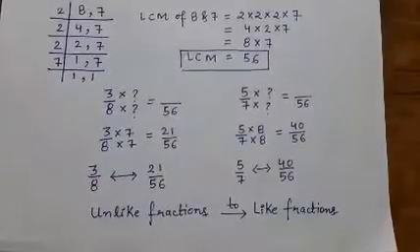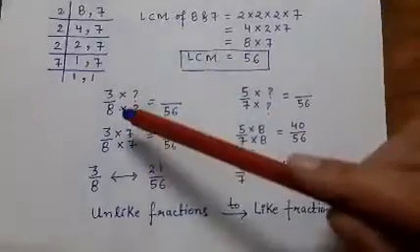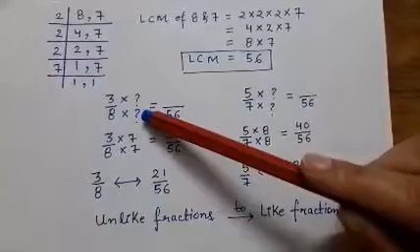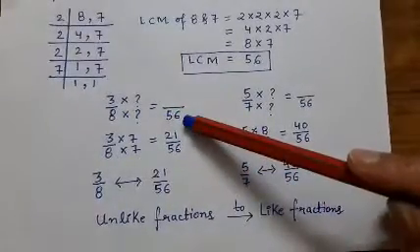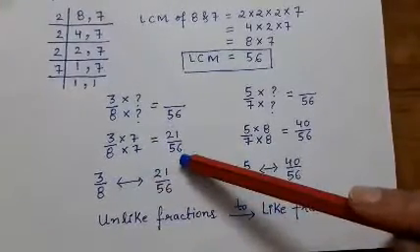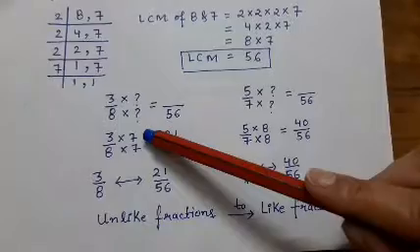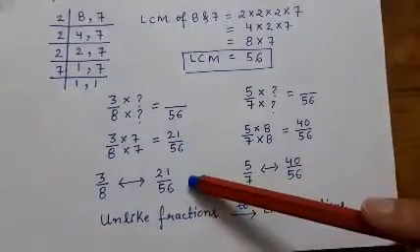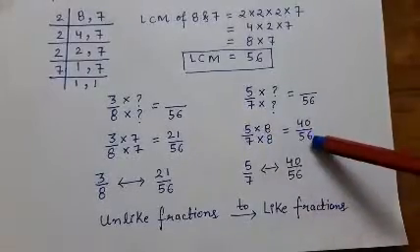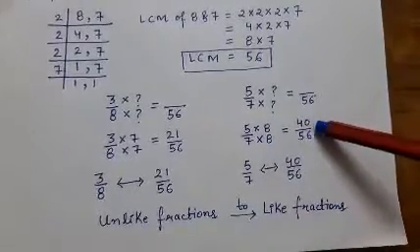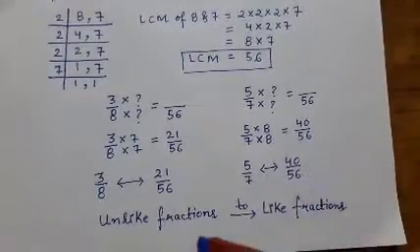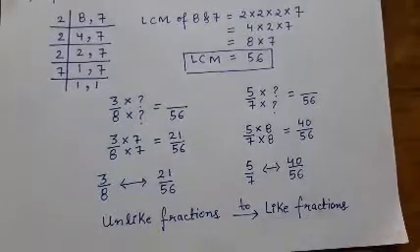Now once you get the LCM as 56, we will take the two fractions separately, like 3 by 8 and 5 by 7. Now what should be multiplied with the denominator 8 so that we can get 56? So hence we can see that multiplying 8 with 7 gives us the denominator as 56. Now the same number has to be multiplied in the numerator. So the final answer is 21 by 56. Here 7 was multiplied with 8 and we got 56, and the numerator as 40. So the final answer is 40 by 56. So this method has to be used whenever we want to change unlike fractions to like fractions.